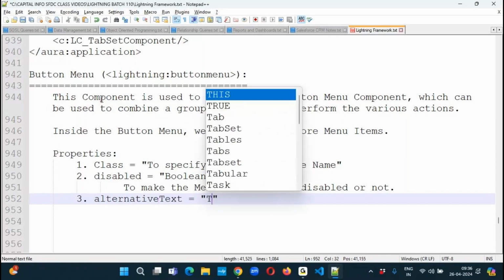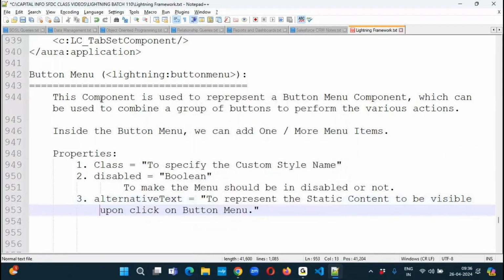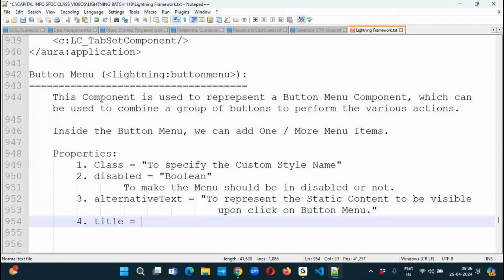alternative text, to represent the static content to be visible upon click on the button menu. Fourth one, title property. To represent